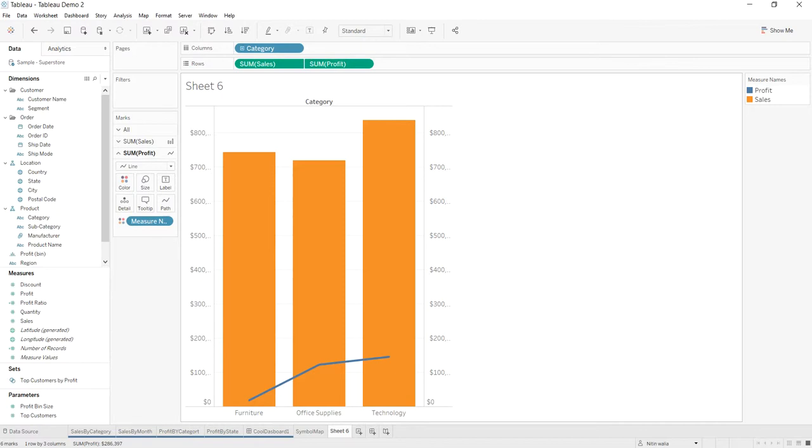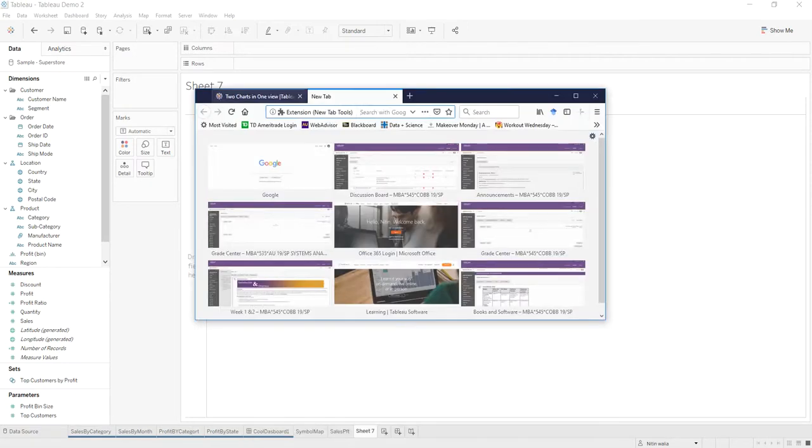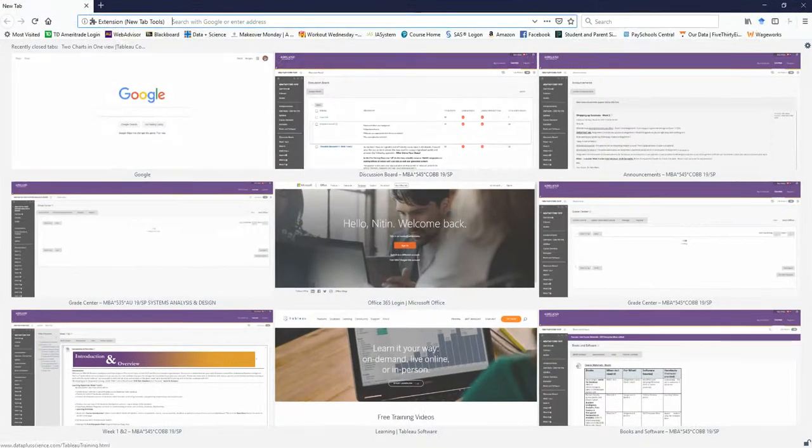So again, we are combining two different charts. One chart was for sales, one was for profit. Now there are some very cool charts being made which use this function of combining two charts together, and one of those popular ones is called a lollipop chart. Yes, you heard me correctly. It's called a lollipop chart, which